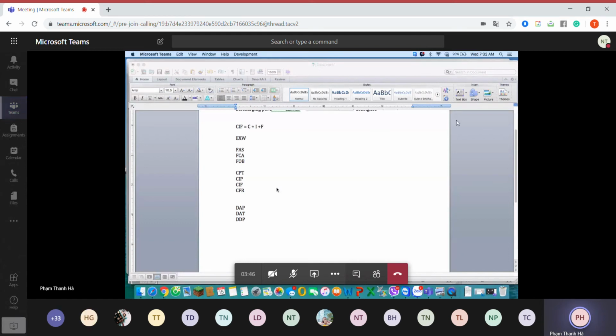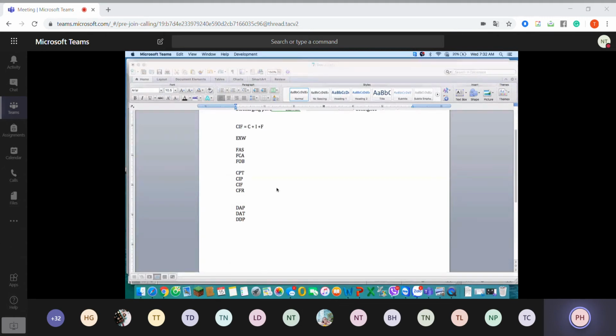Analyze the first one and the second one, I mean FCA and FCI, and also a little bit in FCI's only. And for the FAS, today you have to analyze the rest. So for the FCA and FCI, I do hope that all of you can understand and compare the main responsibility of the sellers and the buyers in the sales contracts for each kind of terms